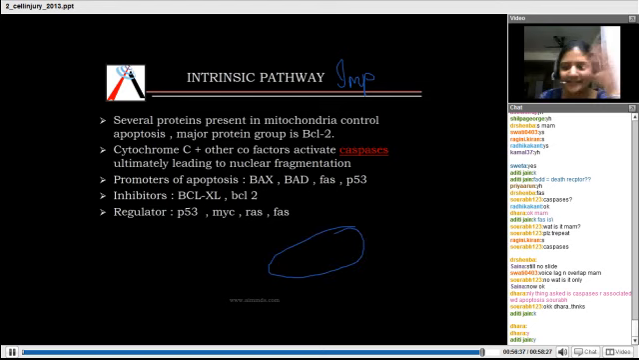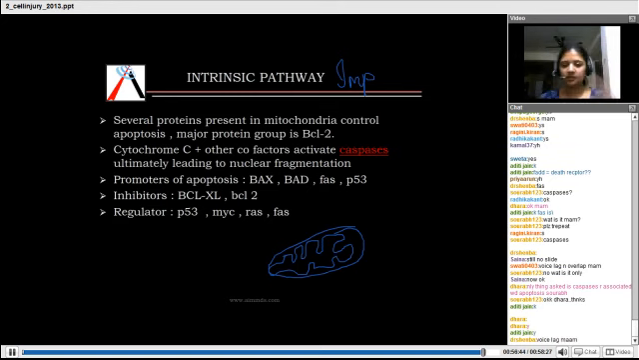Now, inside this mitochondria, we have a lot of proteins. There are proteins inside the mitochondria which will